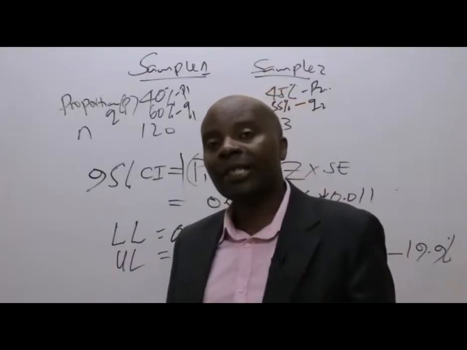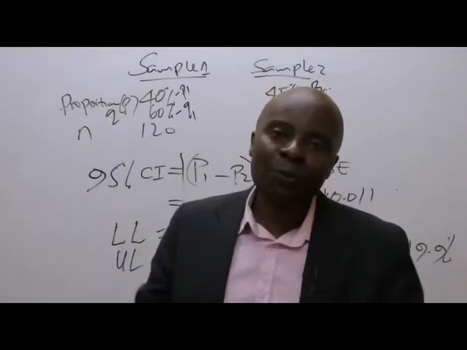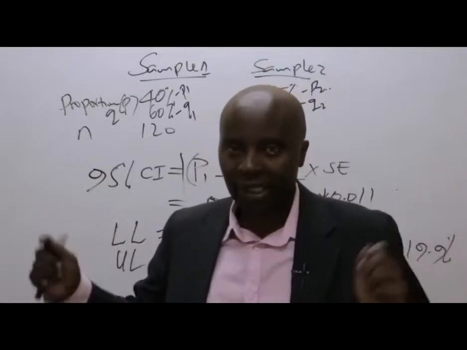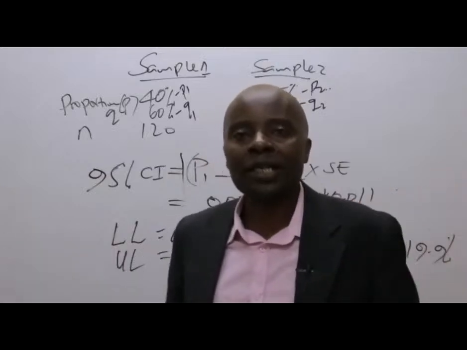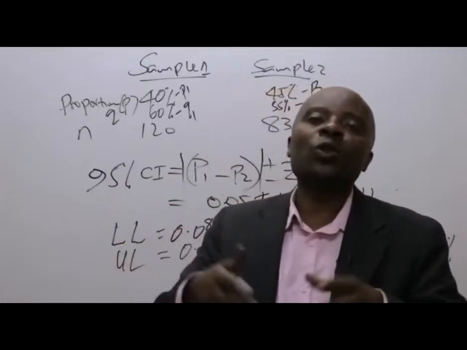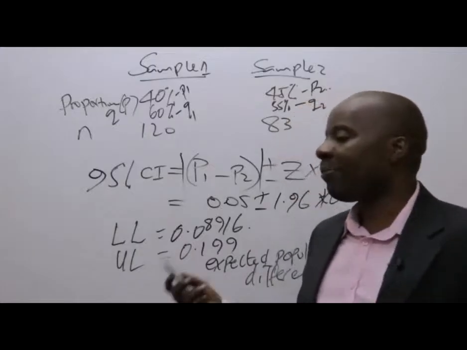The bigger the percentage, the more the errors. Because honestly speaking, given that we are drawing the sample from Kenyans, we expect the sample differences to be closer to zero. And that is why when we go to hypothesis testing,